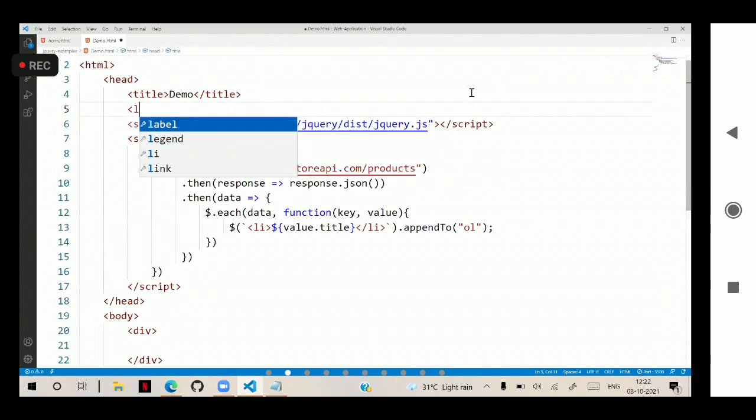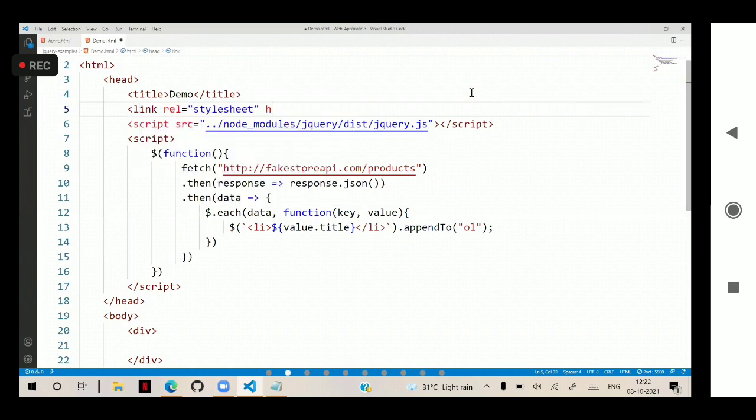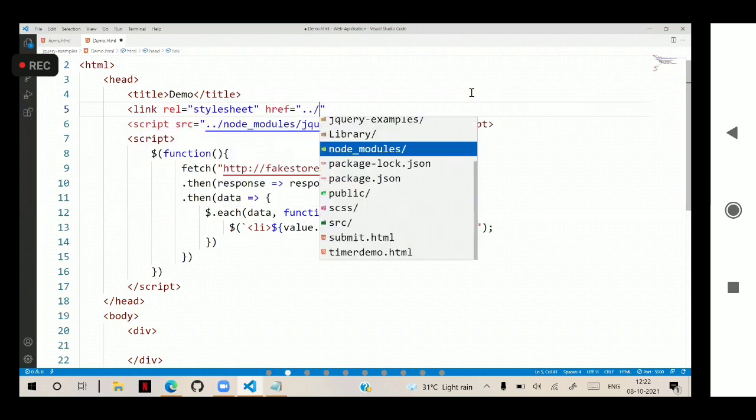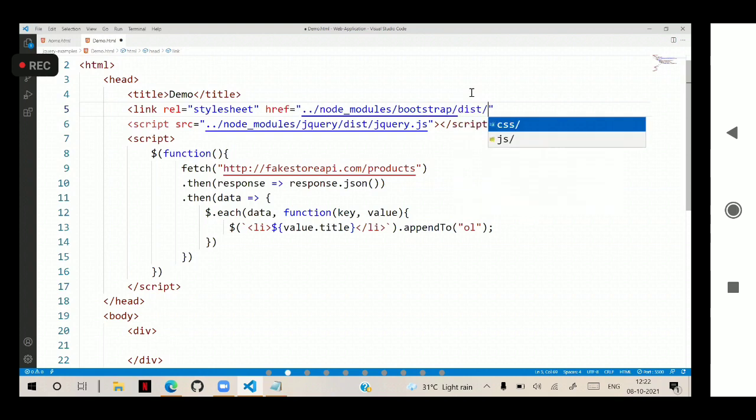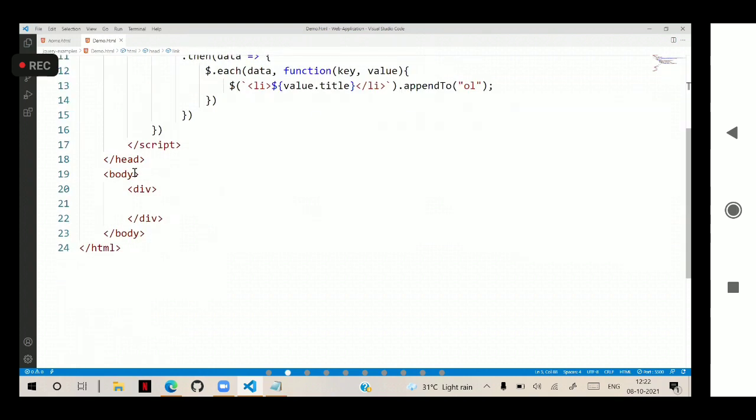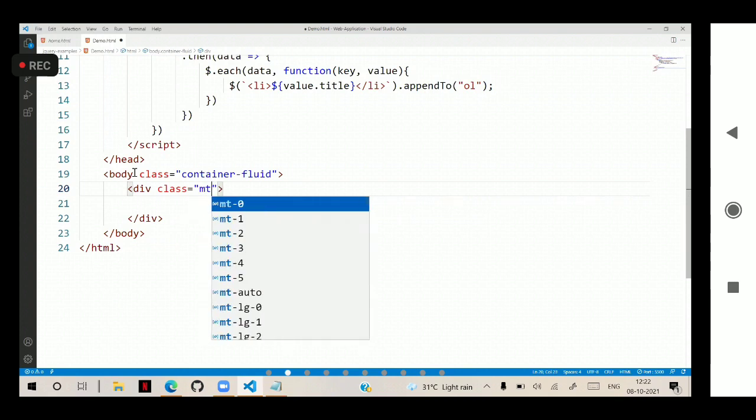Link rel equal to stylesheet, href is node_modules bootstrap, bootstrap.css, and here I kept class container-fluid, and here class margin top 2